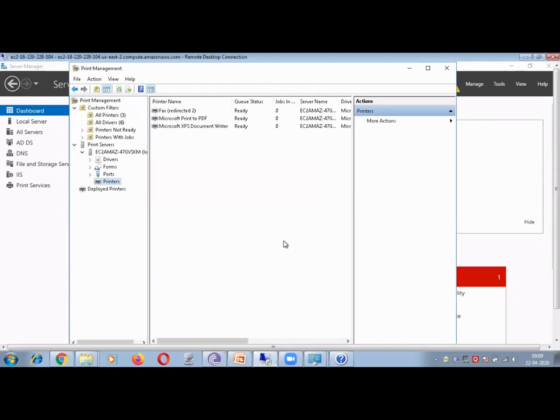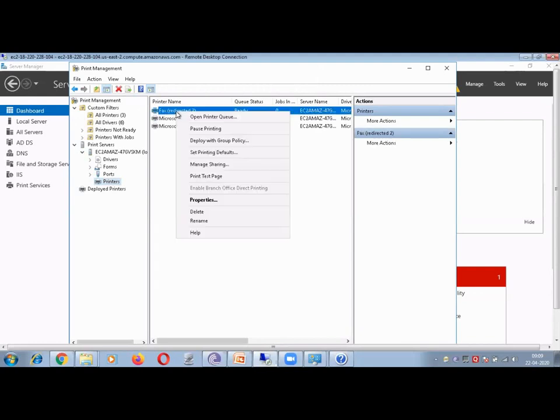Once a printer is installed, you have a few default printers. Just right click any of the printers. Good. Now here you have all the options which you can manage through the print server. Number one, you can watch the queue: how many printing jobs are in the queue. You can pause the printing if any printing is going on. You can set the priority of any document. Let's say 10 printing requests have come and one document needs to be printed immediately. You can enable the priority. So this is how you can define the whole thing.